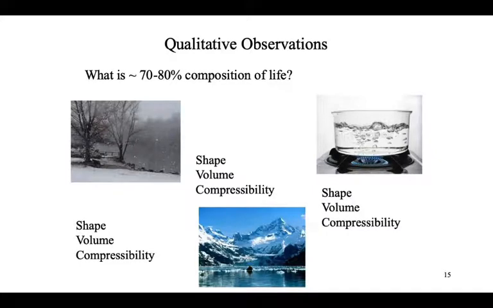What happens to the shape of a solid? It's rigid. The shape doesn't change. It's frozen, there it is. What happens to the shape of the liquid? It changes depending on the container it's put in. How about the shape of the gas? It fills any given space, meaning the shape is constantly variable. What about volume?